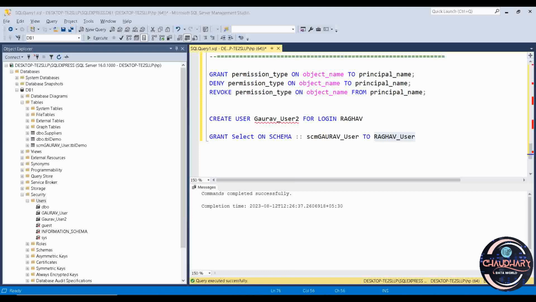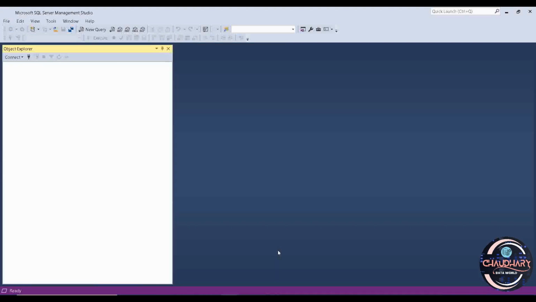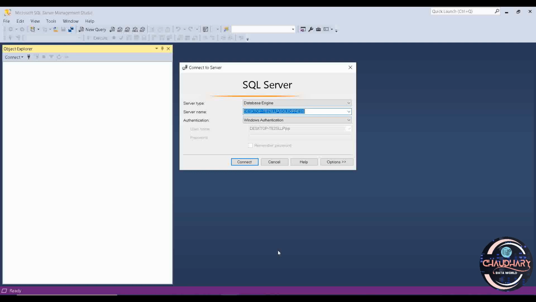And I will just show that right now this particular schema will not be visible, or you may say will not be accessible, to that particular user, that is Gaurav user 2, which we will be verifying first, and then we will grant the access. For that, we will go ahead with SQL Server authentication. We will provide here the login name, that is Raghav for the Gaurav user 2, and the password is demo@12345. We will just connect it,